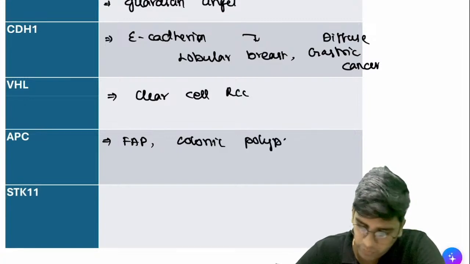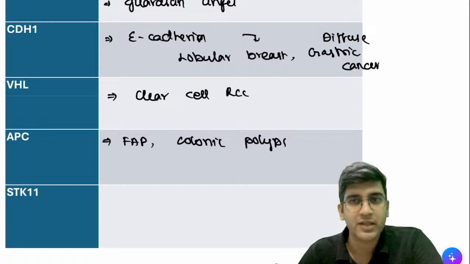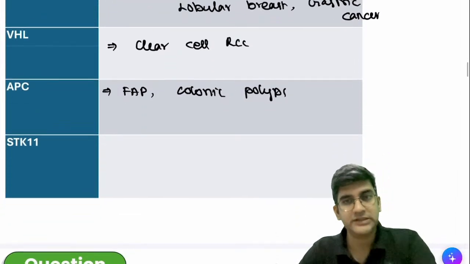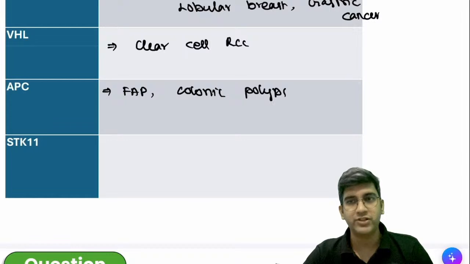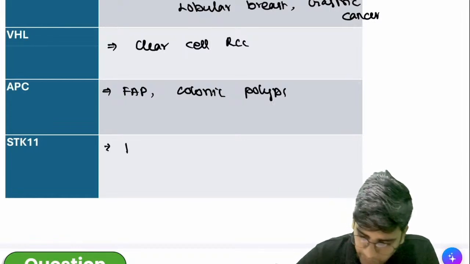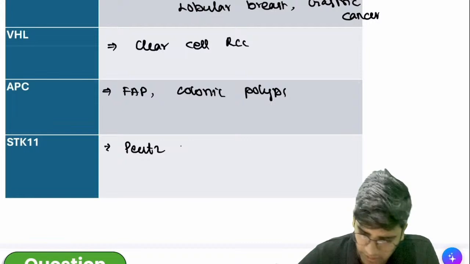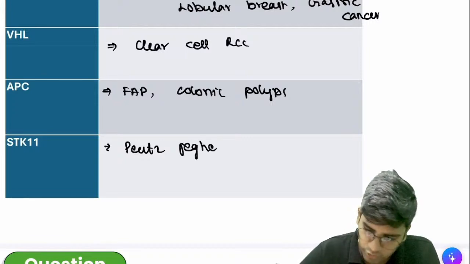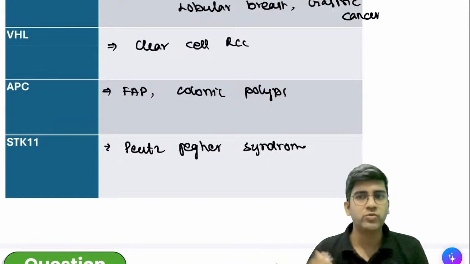Familial adenomatous polyposis, colonic adenocarcinomas. STK11, which syndrome? Yes, you're right, Sri. STK11, which syndrome? Peutz-Jeghers syndrome. Okay. It's seen in Peutz-Jeghers syndrome as a classical thing, which also has colonic tumors and colonic polyps,